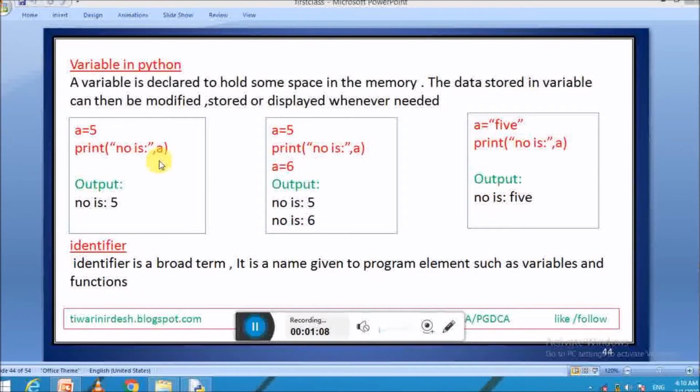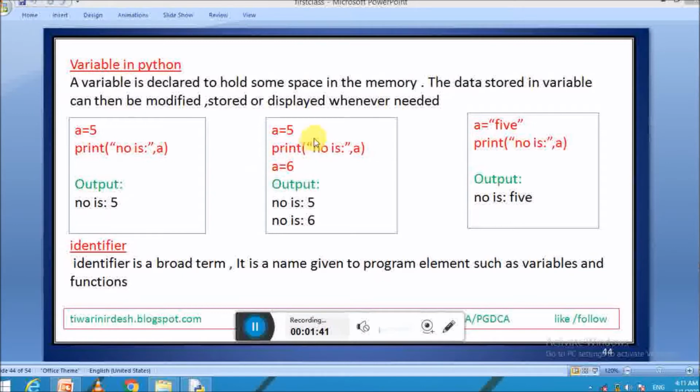So as you see inside the print constructor here, the number is in double quotation marks. It means that it is a string, so it will print as it is here, but a is not quoted here. If we quoted a here, then it will print a, but here a is not quoted, so it means that it will treat it as a variable. It means that first it will check the reference and the corresponding value which is assigned inside it can be fetched here. So a holds 5 here, then it will print here.